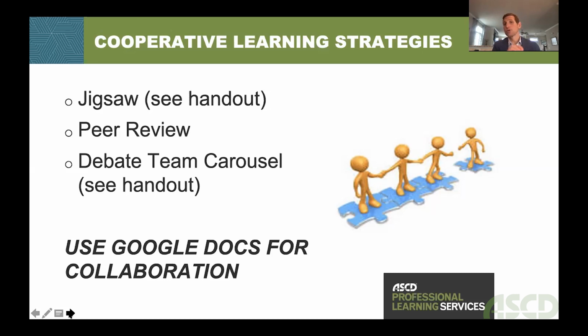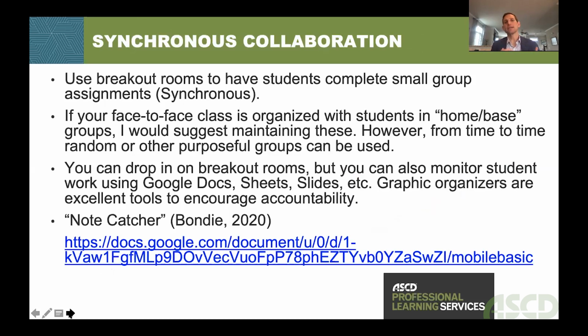I'm not going to go through those specifically, just because there's some resources I left for you to do that, and our time is short today. Peer review, I think, is another great tool used for collaboration in the online learning environment. Again, synchronous or asynchronous. When we talk about synchronous collaboration, what we're really talking about is that students are working